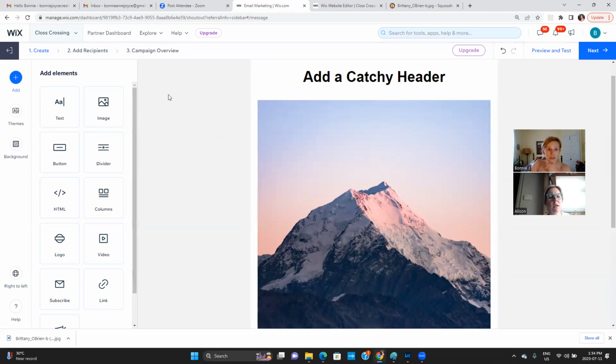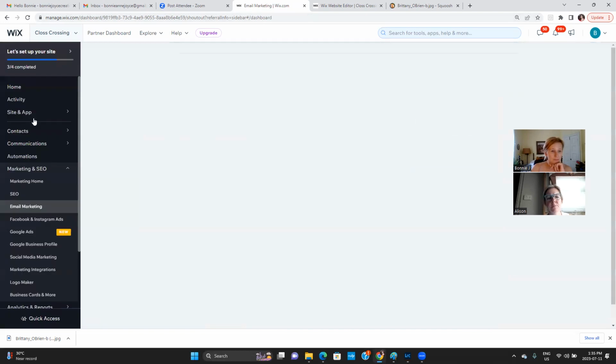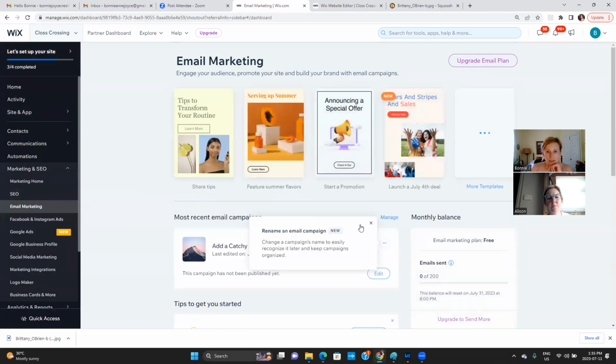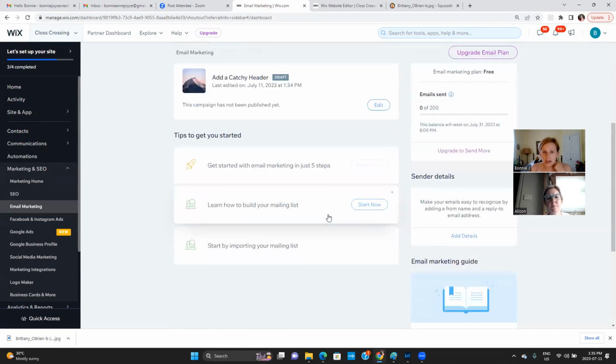Yeah, you can actually upload. If I come out of here, you can add people. You can build your mailing list or start by importing your mailing list. Upload, it'll show you how to format it, and you can upload your contacts from there. And then they're in your system. So then when you're creating this draft, it'll say add your recipients, and you can have them all in like a folder or something that's called, crossing email people. And then you just choose those and it'll send it.